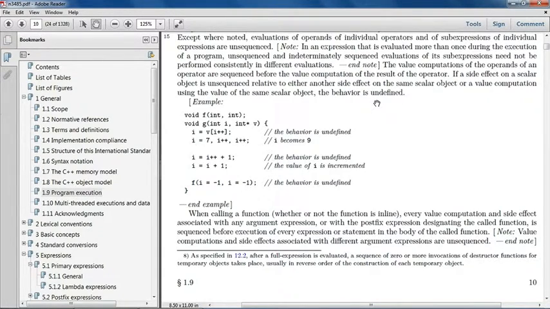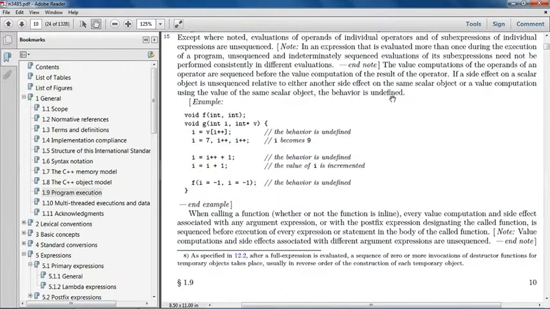And again, this goes all the way back to C, although the language you're looking at here is slightly newer than C++11. And it says, somewhat obscurely, if a side effect on a scalar object, and what it means here is like integers and floating point things and pointers, so not like C++ objects, but just built-ins. If that side effect is unsequenced relative to either another side effect on the same scalar object, so like two writes, or a value computation using the value of the same scalar object, that means a read, the behavior is